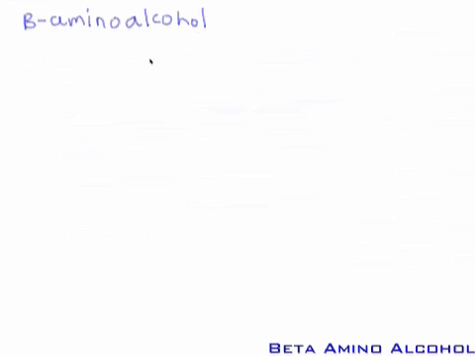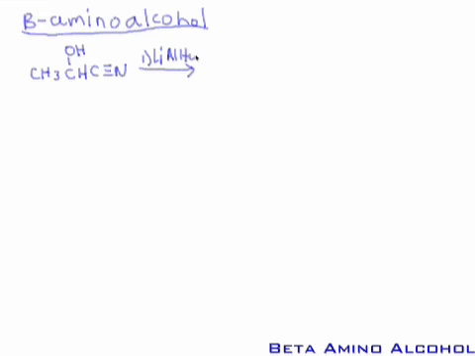Now, beta-aminoalcohols can be formed by reaction of a cyanohydrin with lithium aluminum hydride, a powerful reducing agent, and in a completely second step, subsequent hydrolysis with water. And this will produce